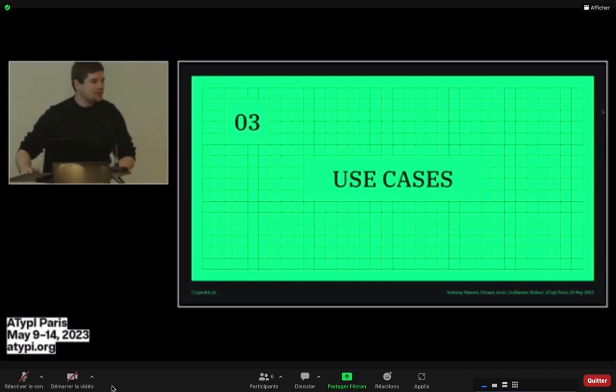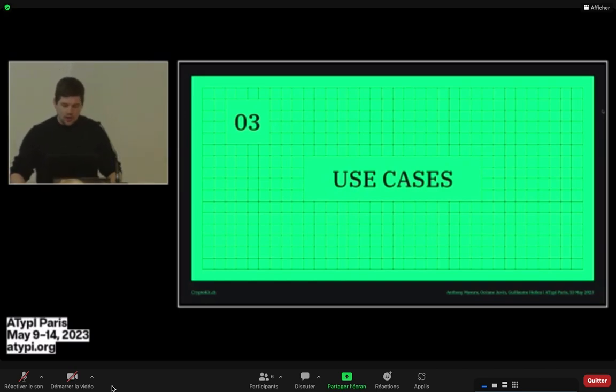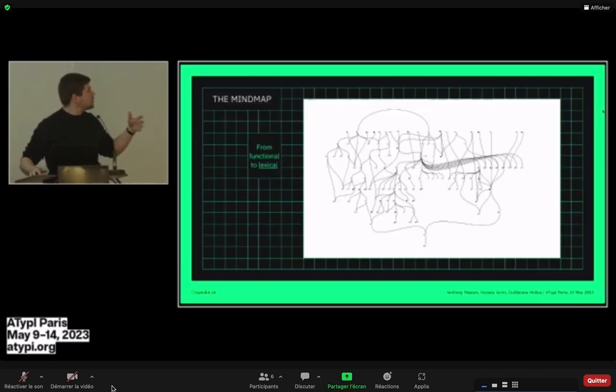Great. So a typeface for what? For whom? This is the question. So first, Anthony explained it already. It was mainly for academic use. And the first example of the typeface was to sum up into a mind map. The original idea was to explain the full blockchain protocol with this typeface. And it was obviously a fail, as we did not explain the blockchain with the typeface. What we explained is a lexical map.